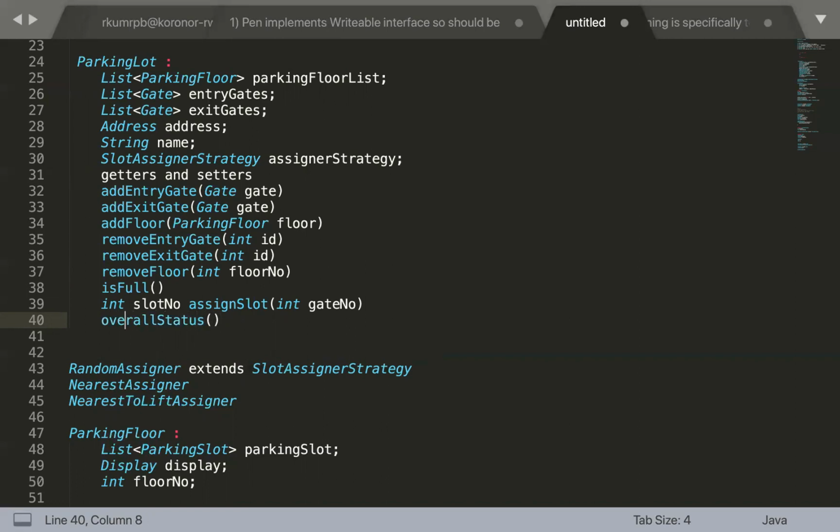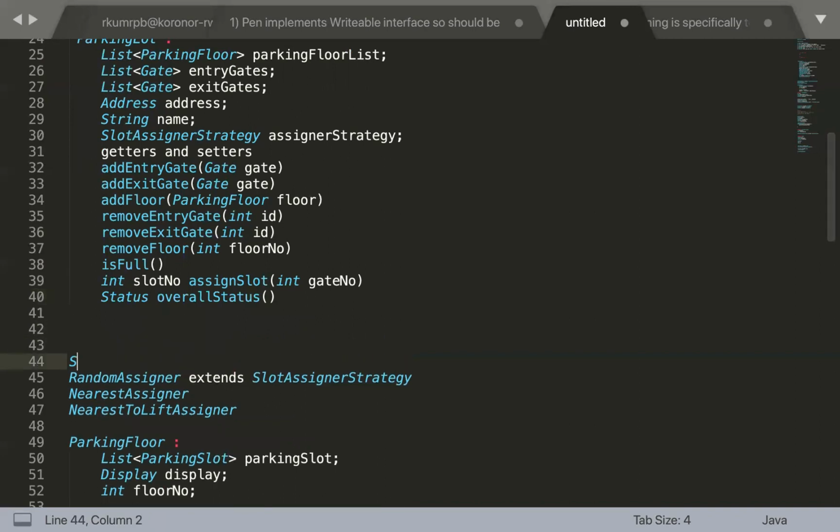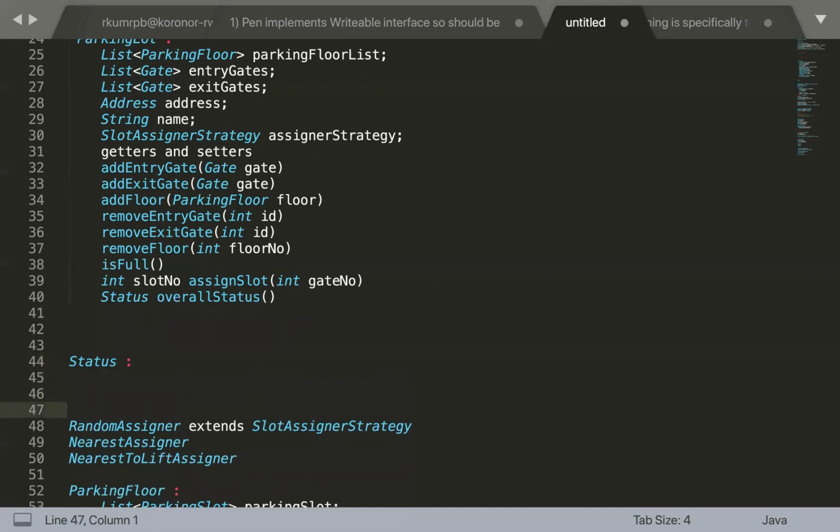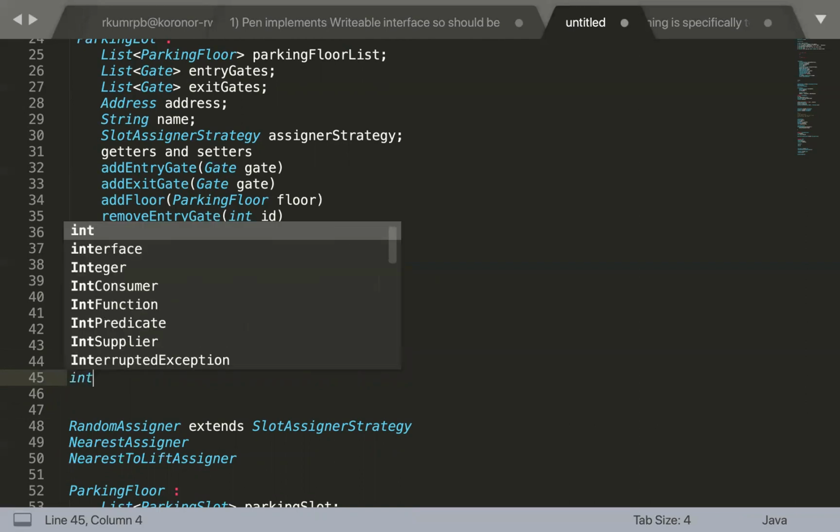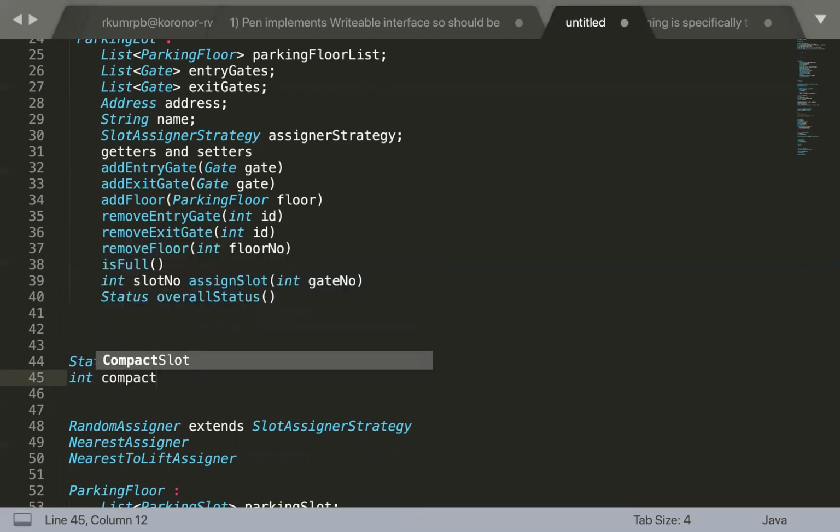Which is in turn going to be called by the admin users only, and probably it needs to return some kind of a complex object. Let's suppose the overview status kind of a thing, and this can have attributes like the number of the slots, different counts. So that we can handle with some status kind of a thing. But it is not required for the normal users, right? If they are admin users, then for them we can give some kind of flexibility around that.